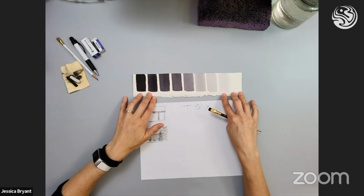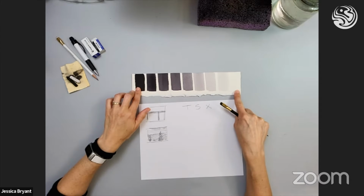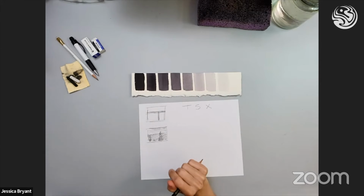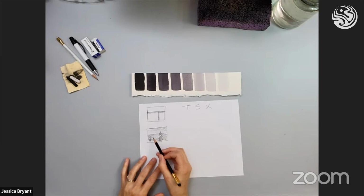So this is a range of values from the white of my paper to the darkest I can get with this particular pigment, and then different grays in between. So we're talking about value, how light or dark something is. And anything we have, the entire world is made up of all these abstract shapes, like I said, that each have a value. So when we're looking at composition, if I have a fairly dark